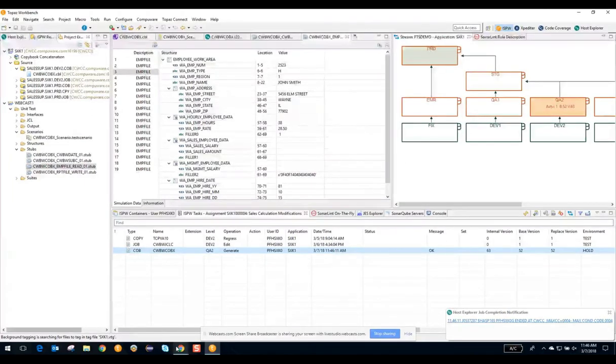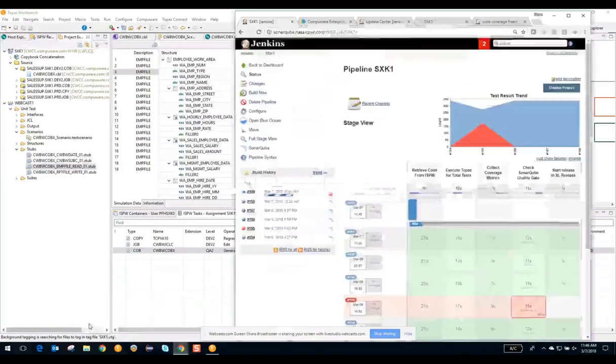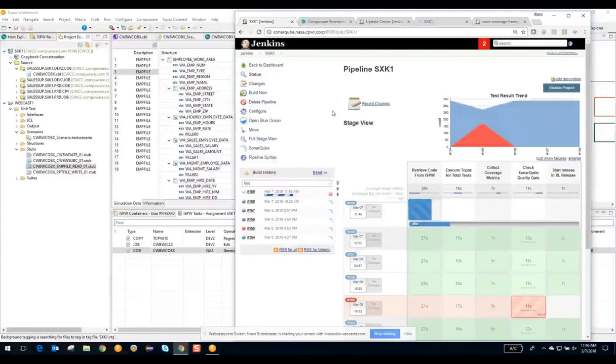And in my QA level in ISPW, what I've done is configured a Jenkins continuous integration process to run. So now, without me having to trigger anything, my automation pipeline process can trigger this DevOps pipeline. And the first step in this pipeline is to retrieve code from ISPW so it can be scanned by SonarQube. Then I'm going to run a more comprehensive set of regression test cases from Total Test against it,